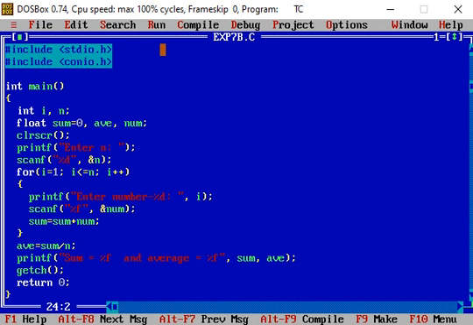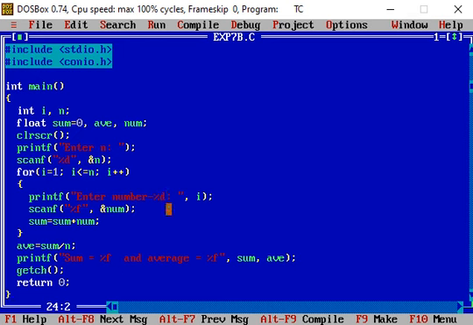So as we are adding 3 numbers, the first time the value of I is set as 1. I is less than or equal to 3, that is true. When it is true, the body of the for loop is executed, and that's why the printf statement prints enter number 1, and the value of I is 1, where the user enters 12.